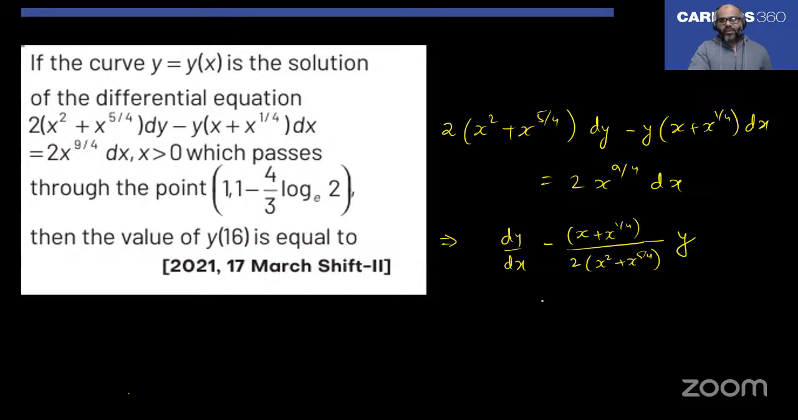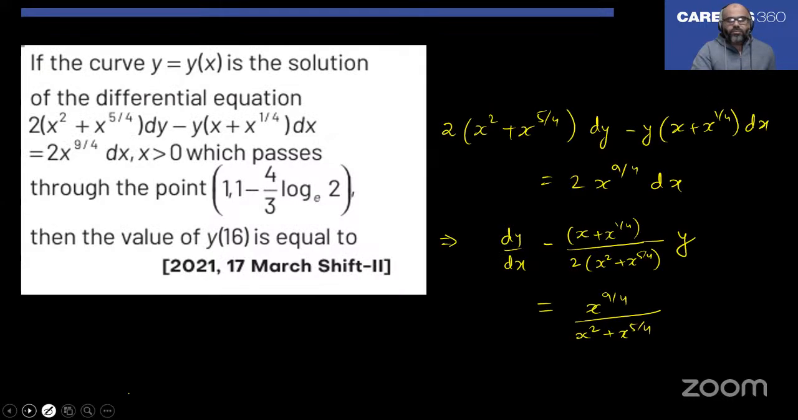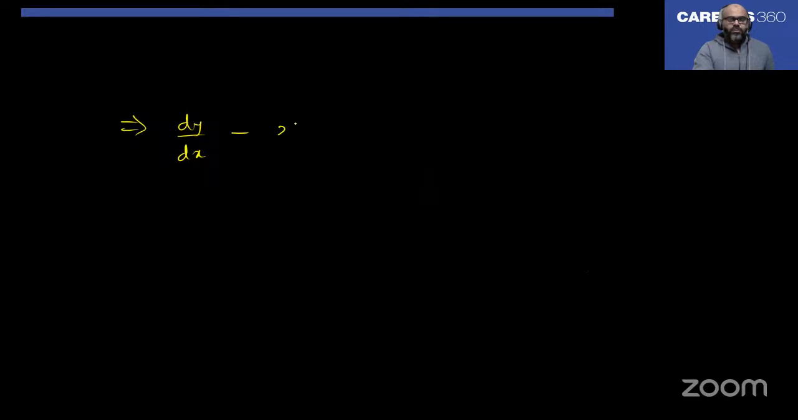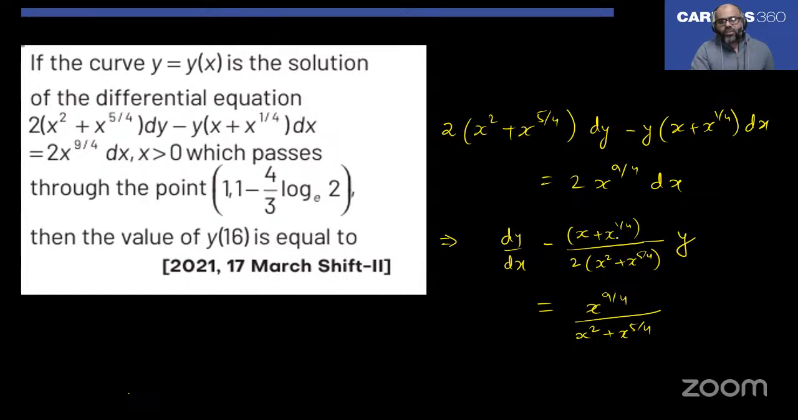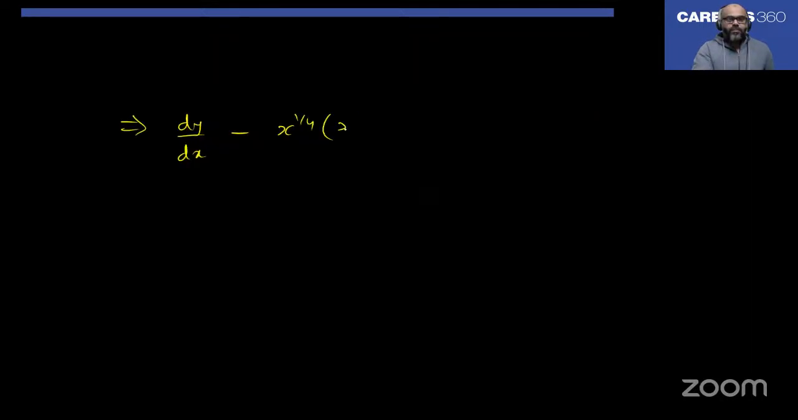So this will become like this, and this is equal to, 2 will cancel, x to the power 9 by 4 by x square plus x to the power 5 by 4. So this is dy by dx minus. Let us see what we can take common from the numerator and denominator. We can take x to the power 1 by 4 common. So what will become inside this bracket? x to the power 3 by 4 plus 1, divided by,